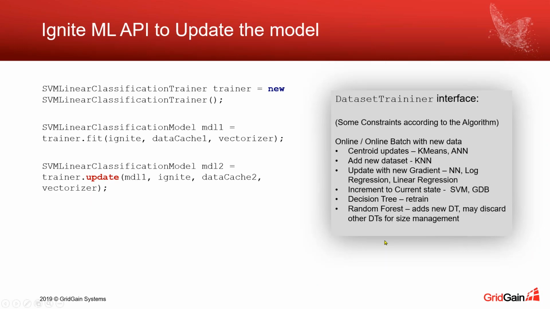And I have Eclipse fired up, but before I do that, I don't really have time to show you the update model, but we do have the ability to update the model in place. And as you would expect, we have a model trainer with an update method, and you can pass in new data. The idea here is that you would have data caches that represent current or new data, a smaller batch,